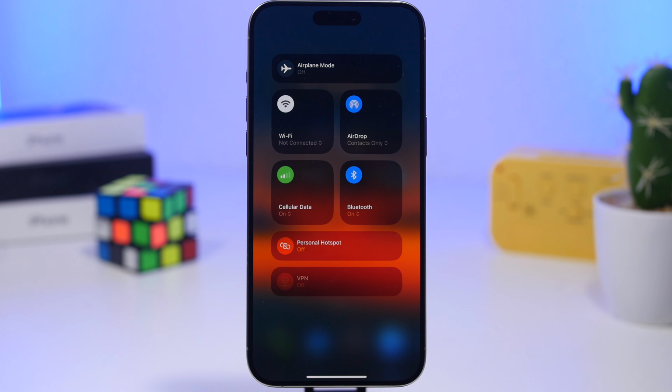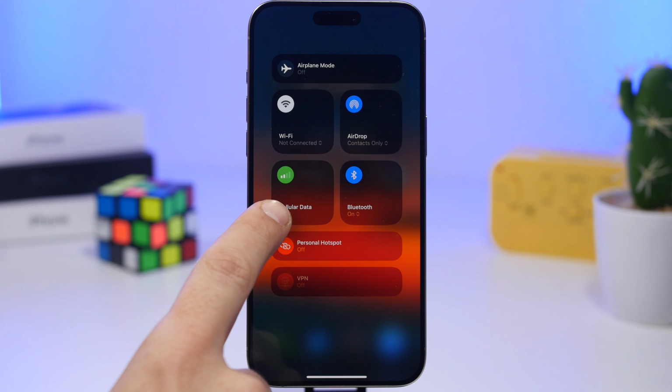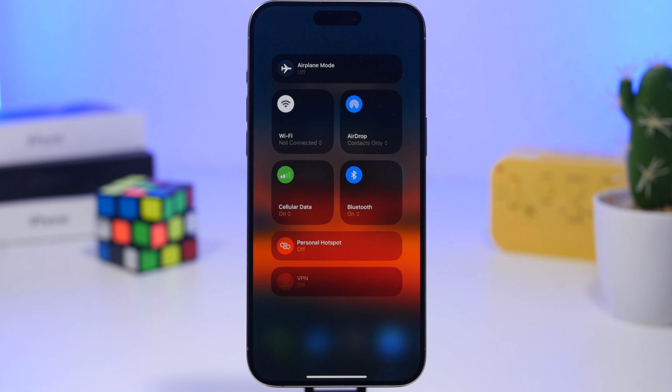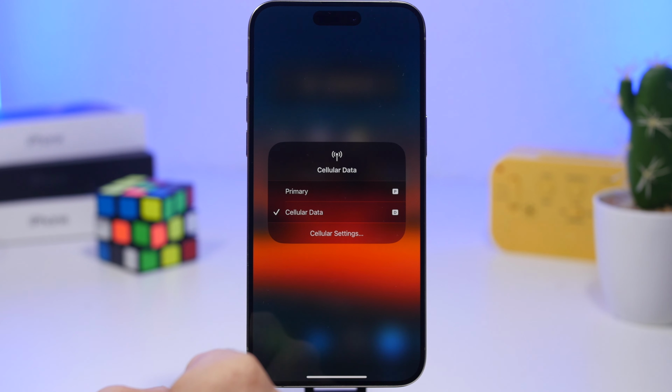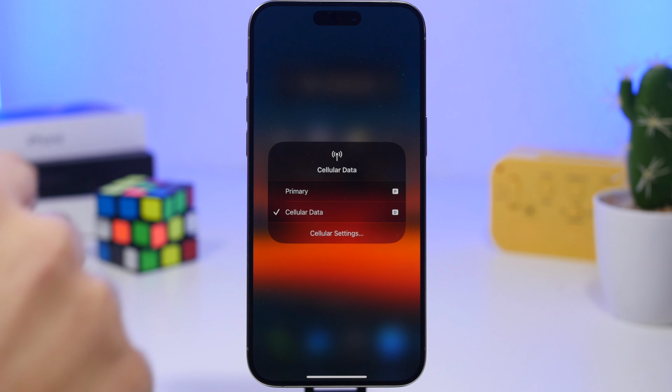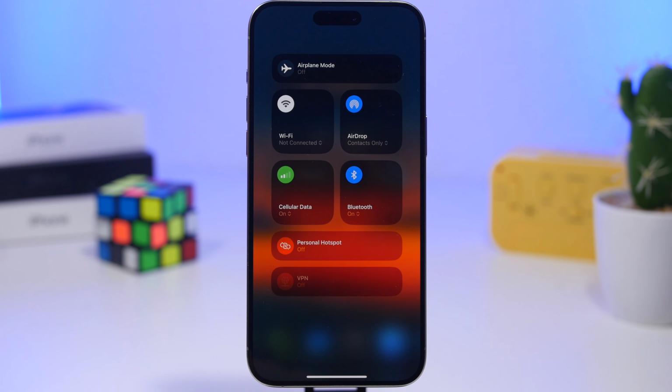Now with iOS 18.4, Apple has done a few improvements on the control center, and one of them is right here. You can see when you go to your cellular data, if you have two or more phone numbers on your iPhone, then you will have these little arrows right there which allow you to tap, and it allows you to actually switch the line from here. So you will have your cellular data, you will have your lines. You can go to the settings from here, or you can switch quickly between your two lines directly from here. Of course, when you switch there, you're switching between different lines and choosing from which line you want to use